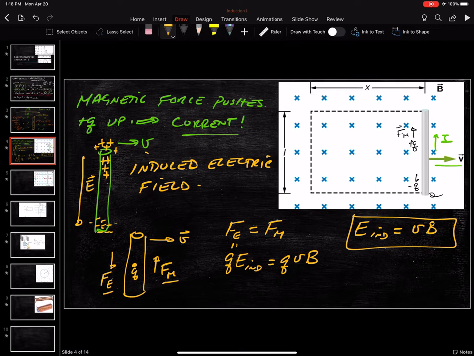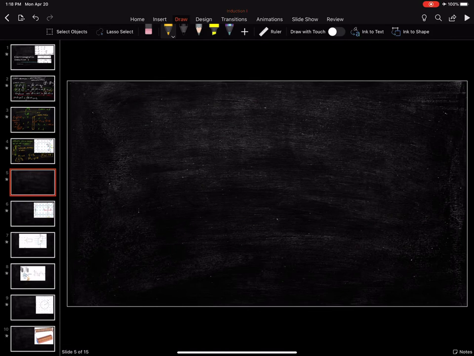Okay? But as long as I'm moving the stick, as long as I'm applying a force to this thing, as long as I'm doing work on this stick in the correct direction, I've induced this electric field. That's kind of nice. Okay? I can also think about this thing in another way. Okay, let me redraw this. So here's my stick